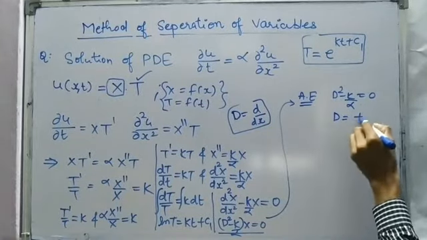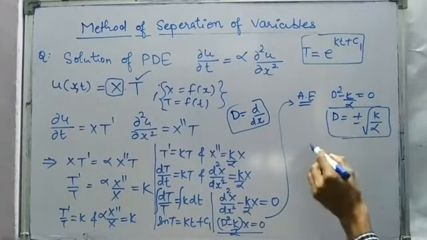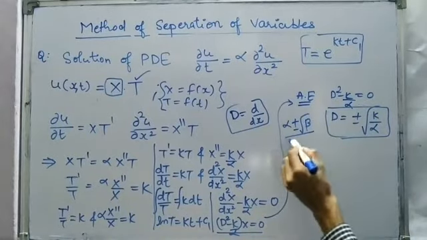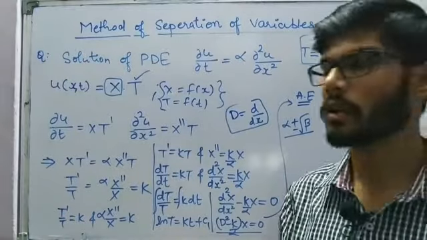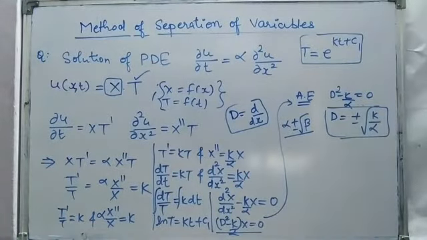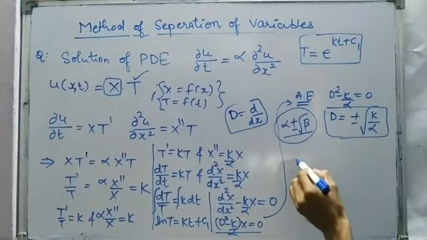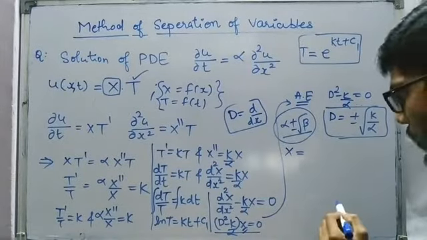So d is equal to plus minus root over k by alpha, and these are nothing but the irrational roots alpha plus minus root over beta. So in the case of irrational roots, the general solution of the homogeneous linear differential equation, we have to write in terms of cos hyperbolic and sin hyperbolic, right? So we are going to get the capital X, because the variable is not y here, this is capital X.